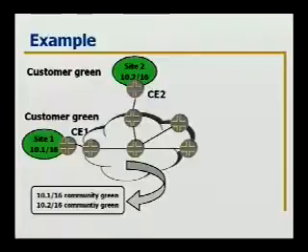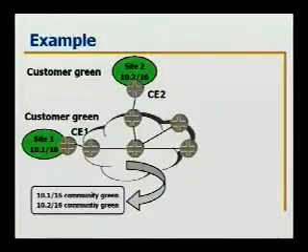Let's say that we have two customer sites, site 1 and site 2. Site 1 has routes in the 10.1/16 range, and site 2 has routes in the 10.2/16 range. So now CE1 is going to advertise route 10.1/16 to the PE that's connected to it. The PE is going to attach a community, let's say community green, to it, and advertise it to all the other PEs. So now in the BGP advertisements, we have 10.1/16 community green, 10.2/16 community green,